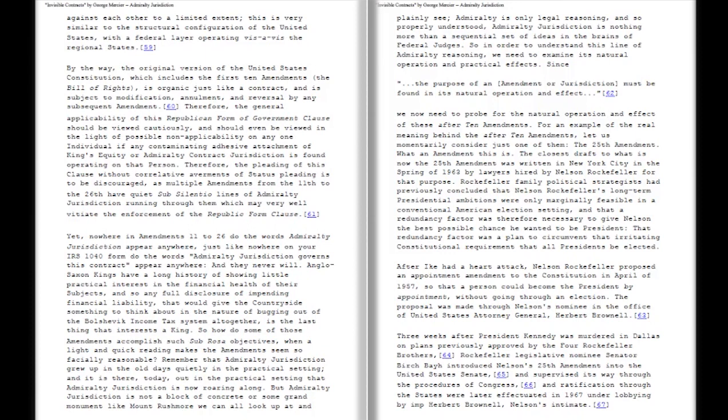59. By the way, the original version of the United States Constitution, which includes the first 10 amendments, the Bill of Rights, is organic just like a contract, and is subject to modification, annulment, and reversal by any subsequent amendment. 60. Therefore, the general applicability of this Republican form of government clause should be viewed cautiously, and should even